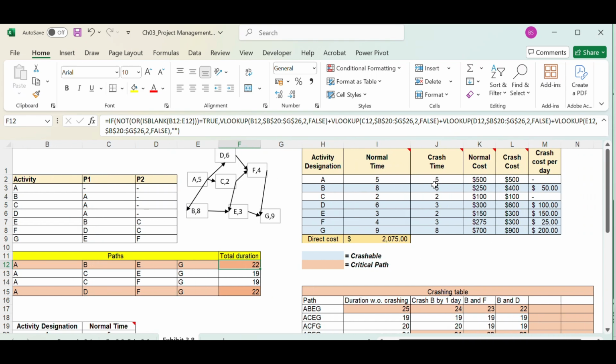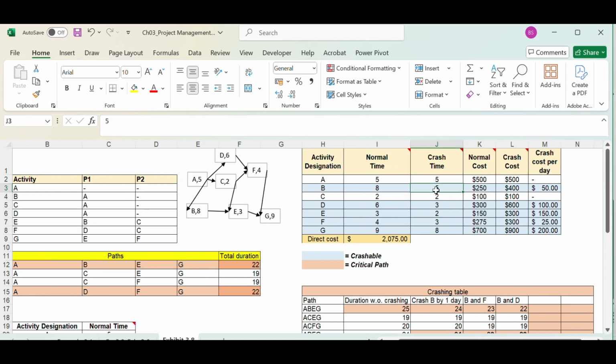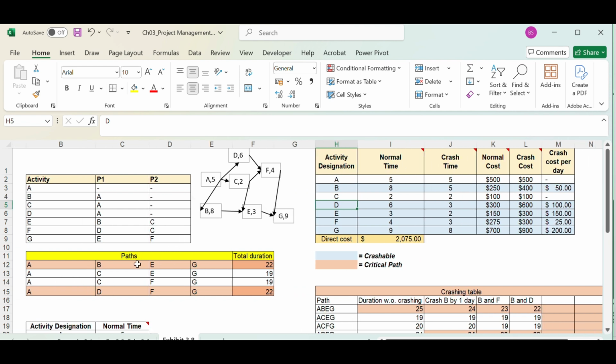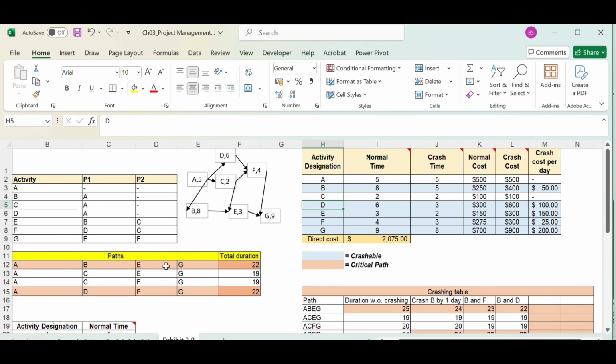Can we crash B further? No, because we have crashed B to 3 time units. So that is the maximum we can crash B. Now coming to D, D can be crashed by 2 more time units, but D is not in both the critical paths. The only activity that can be crashed and that is in both the critical paths is G, and G has